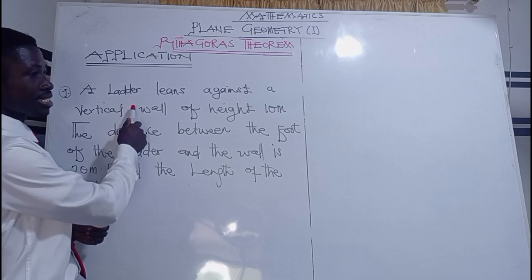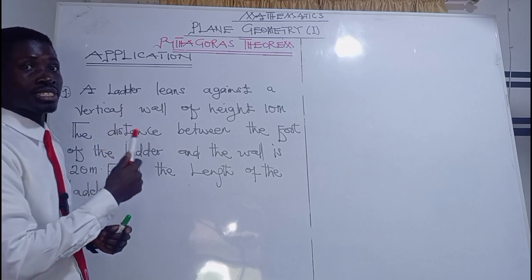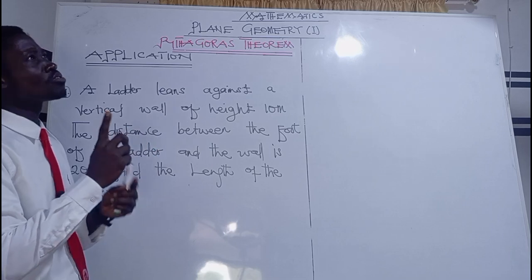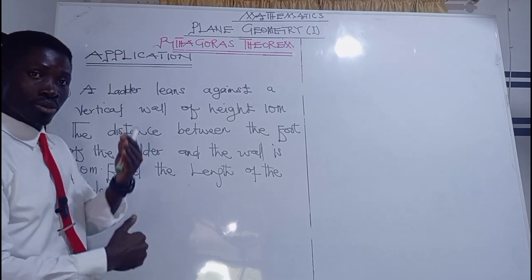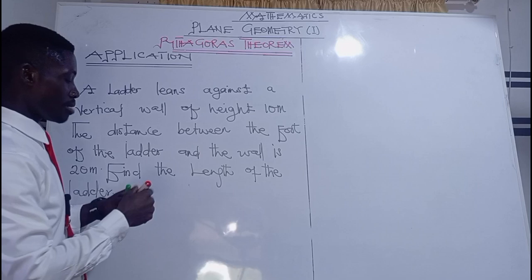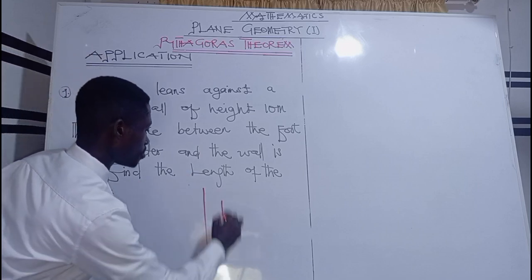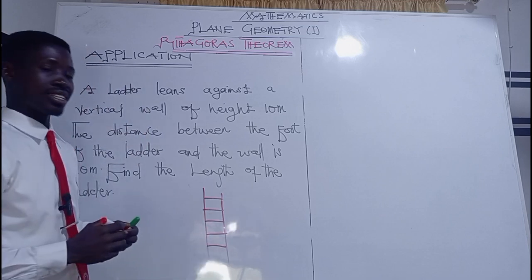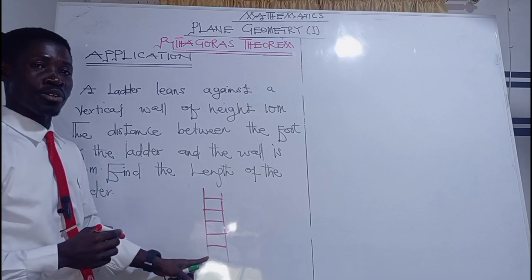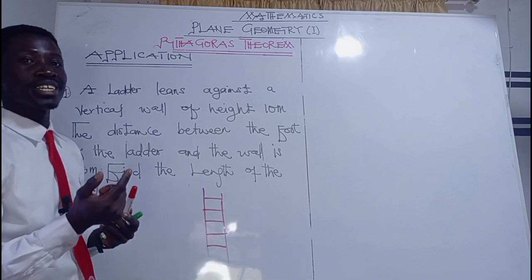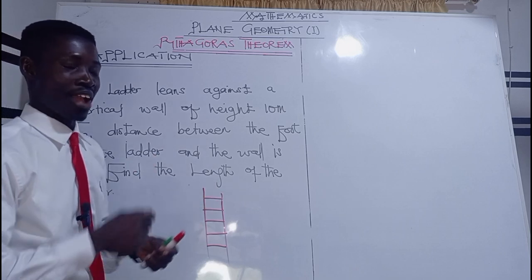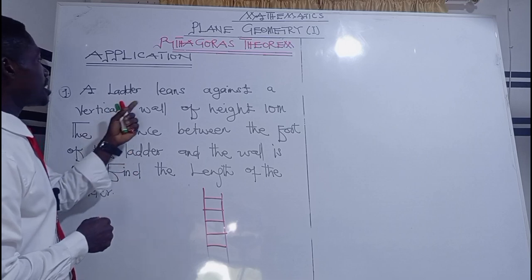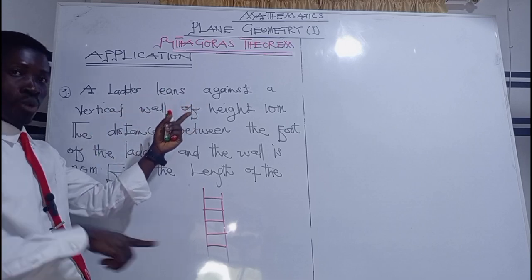Now we have a ladder, and I believe you all know a ladder, you have seen it before. A ladder is an equipment that is used for climbing up or down of something. It is normally in this very form. I believe you have seen this kind of equipment before. In Twi, we call it a ladder. So this ladder leans against a vertical wall